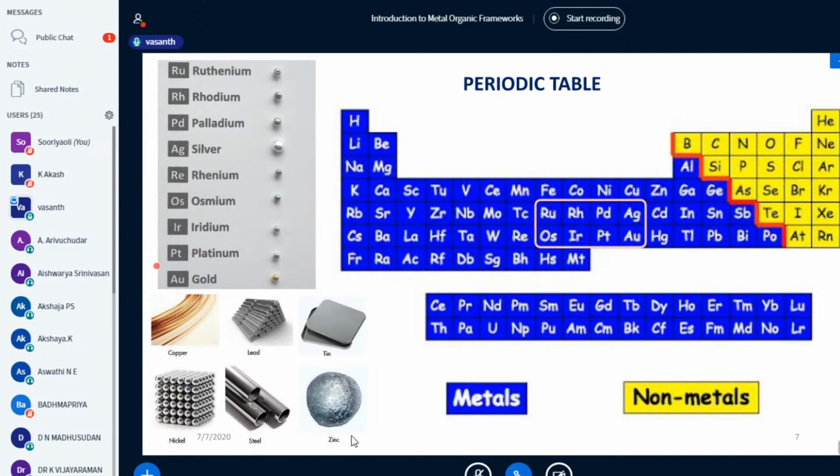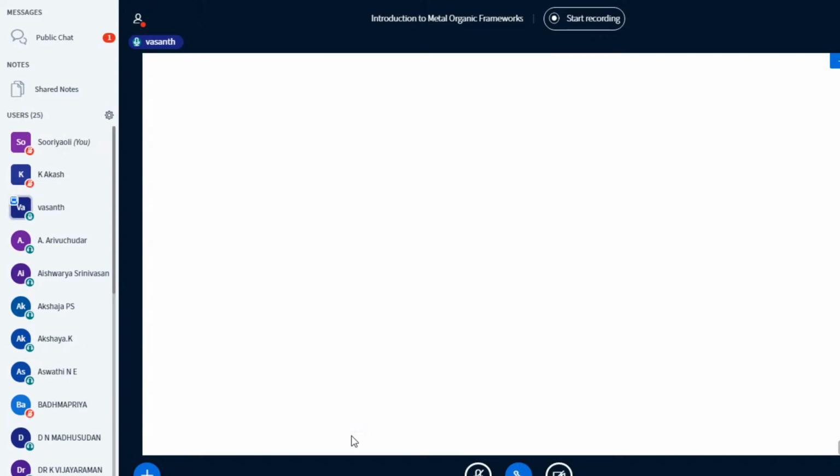One important metal which we all know, which are familiar, are gold as well as silver. This gold and silver are used in a native state, which is not as a metal oxide or in any other complex. It is used as such. Similarly, copper, lead, tin, as well as zinc and nickel are also used in their native state.